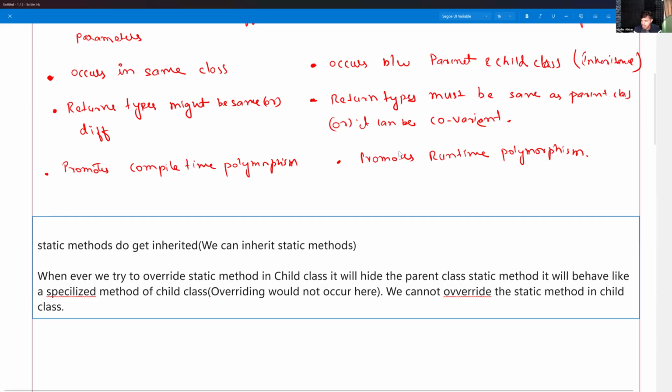Let's give a chance to Aditya. Yes, Aditya, thank you. Could you please read out these key points? Static methods do get inherited. We can inherit static methods as we have just seen. Whenever we try to override a static method in the child class, it will hide the parent class behavior